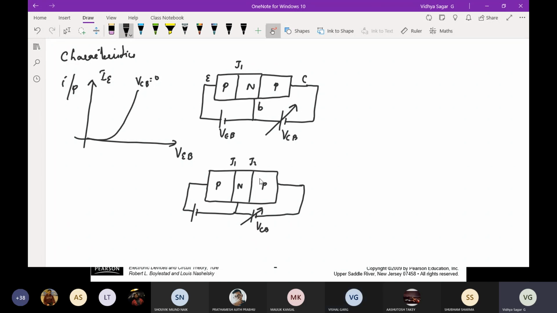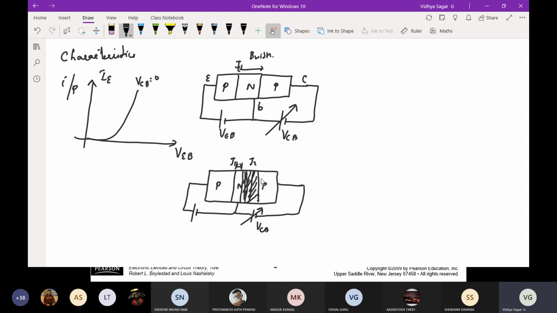So the depletion region increases across your junction J2. So it refers that I want to have my depletion region increased. So I call this the depletion region. Fine. So if the depletion region increases, what happens to the base region? You could see this was my width of the base region. Base width. Now what is the base width? Just this amount. But due to applying VCB potential, I could say that the base width has been reduced due to the depletion region.